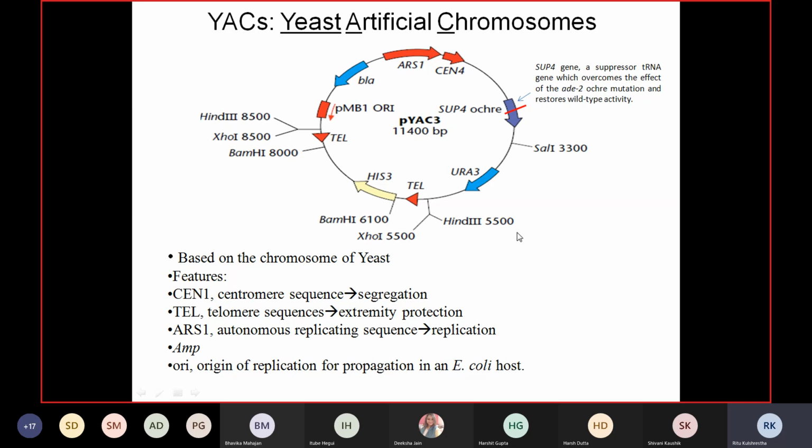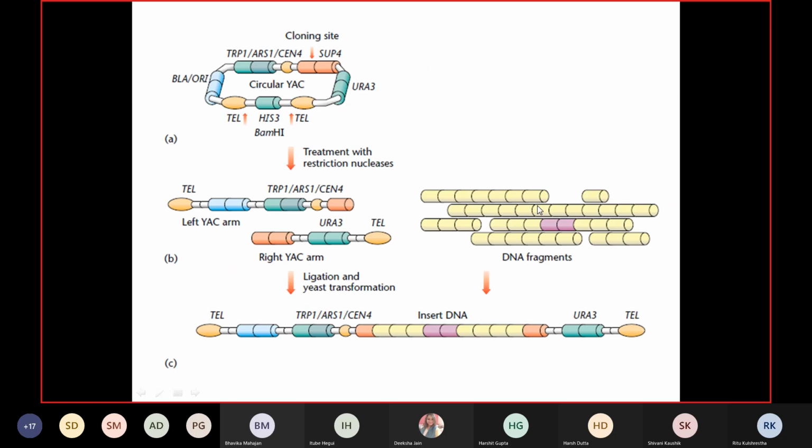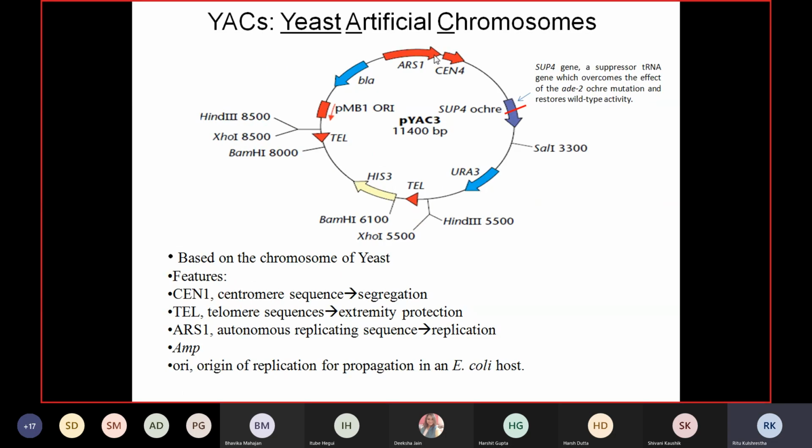Now, do we have any selection method to identify the recombinants, or identify the yeast cells which have taken up the plasmid? Yes, there are a few options available, and these are histidine, URA3, and one more, tryptophan. So these three options are there, and they are based on the fact that you use the